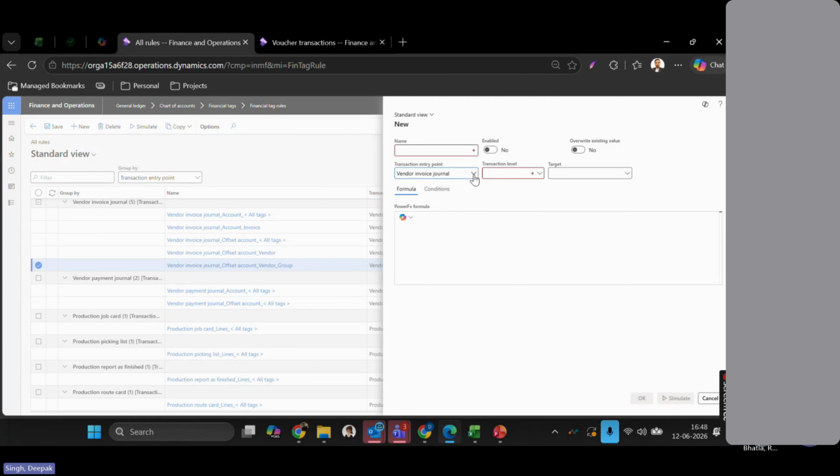So these many journals are there. Earlier there were only 3-4, but now you can see multiple journals. Soon you will be able to see the expense journal also here, which is planned in a future release. Okay, so here, at the transaction level, let's say on header or account,